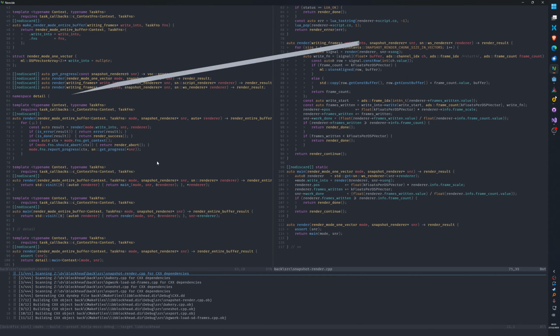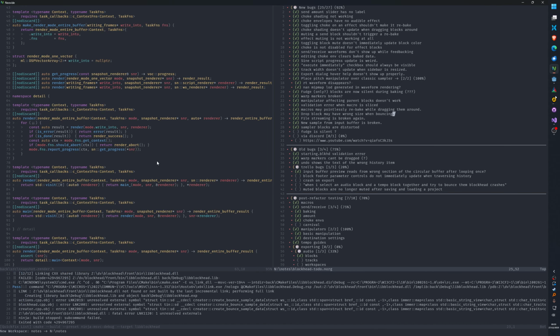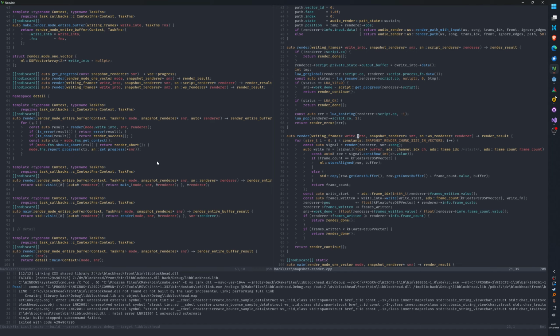So, I can't even remember what I'm doing. Oh yeah, I was gonna investigate this, that I somehow broke yesterday. So once I get this building again.